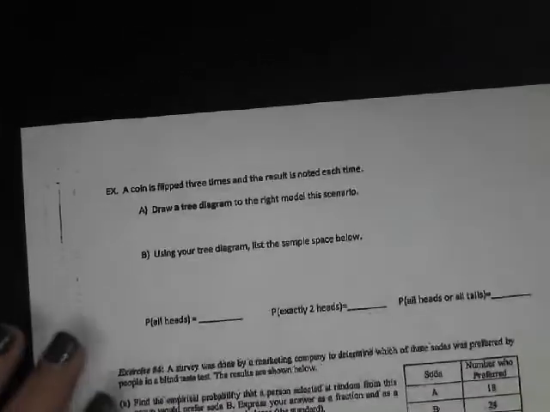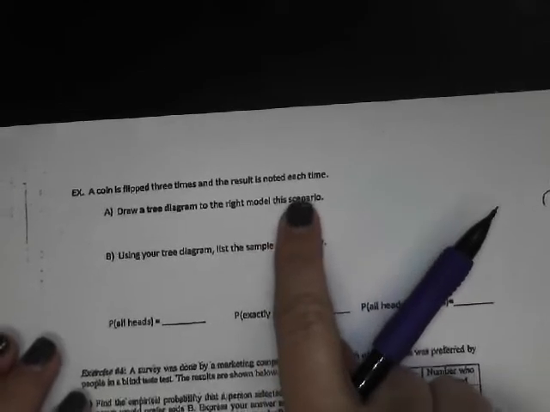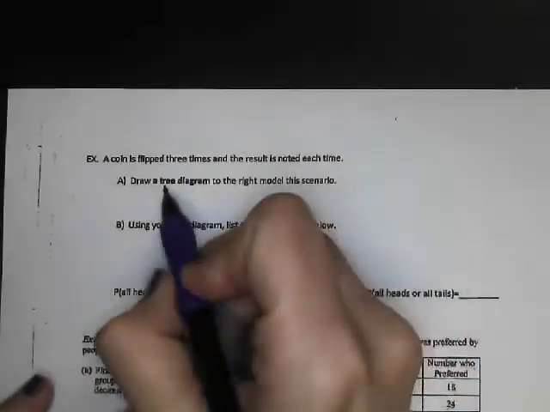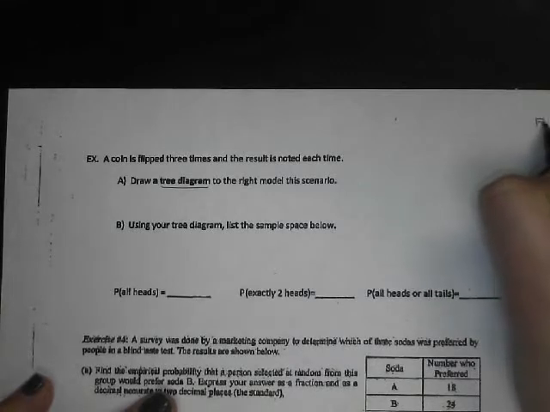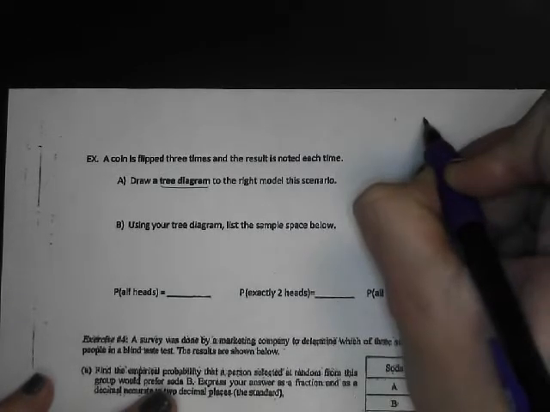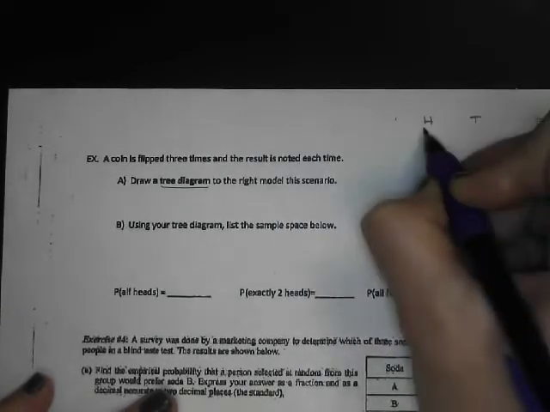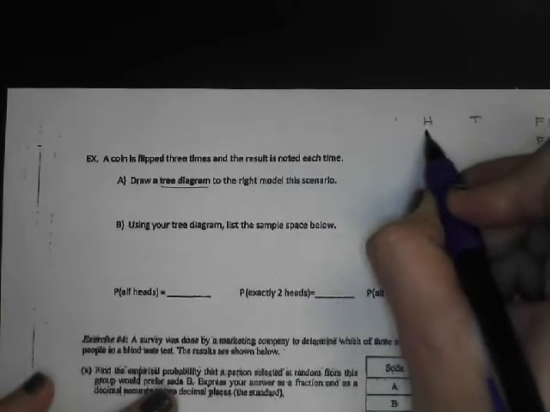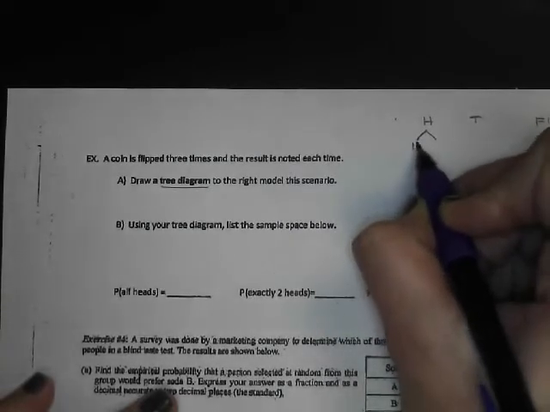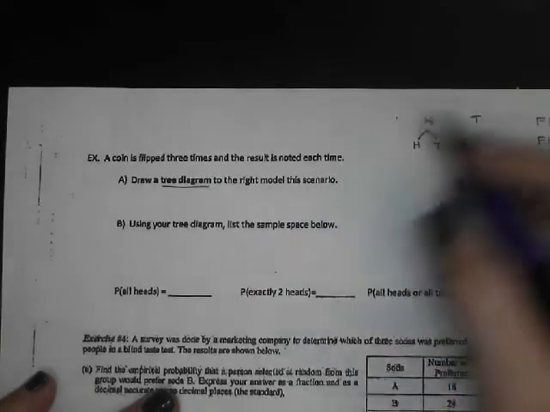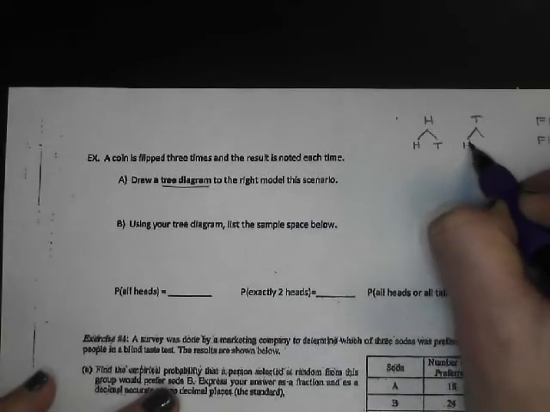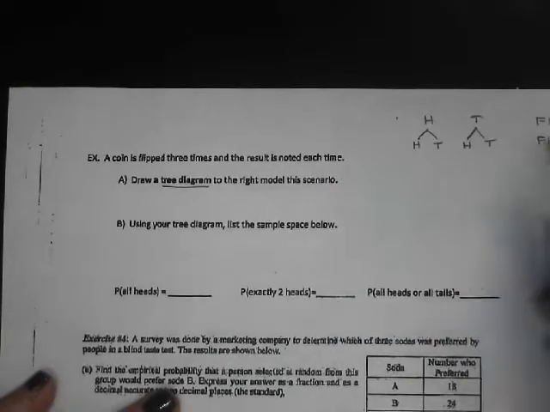All right. A coin is flipped 3 times and the result is noted each time. So you have 3 events. We're going to do a tree diagram. So event 1 is flip 1, and your outcomes are heads, tails. Then your next layer of the tree is flip 2. So if you got heads the first time, your second flip could still lead to a heads or it might lead to a tails. If you got tails the first time, your second flip, again, could be a heads or could be a tails. And then flip 3,